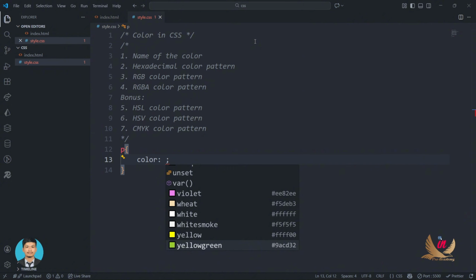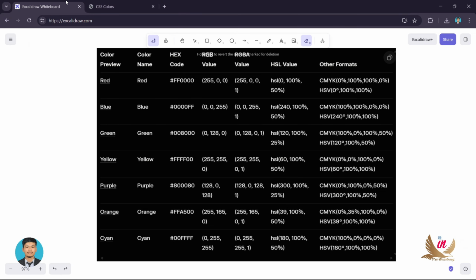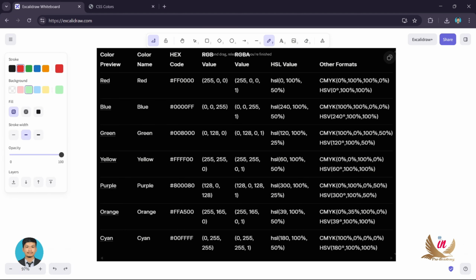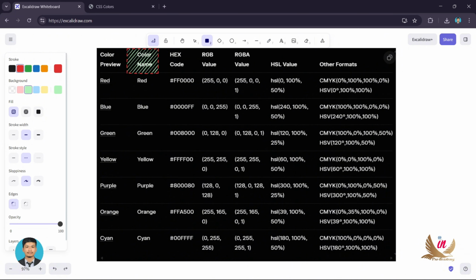Now, next, we have the next pattern called the hexadecimal color pattern. How do you use that? So let us see over here. We have already talked about the color name. Now, after that, we'll be talking about